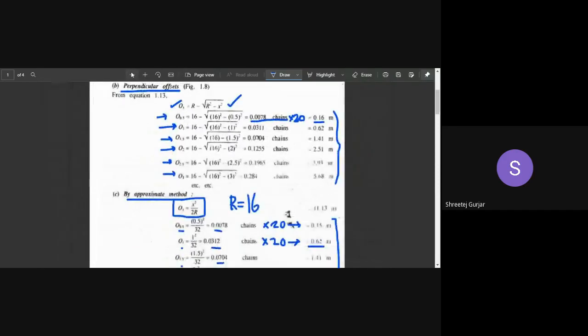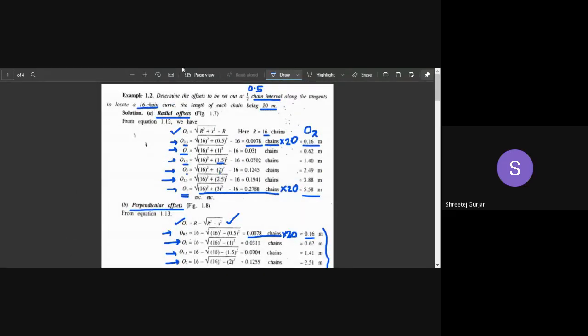So this is one numerical which we had missed. I hope you have understood. Please let me know if you have understood this particular problem by raising your hand. As I say, if you do not understand any part, please let me know and I will explain once more.